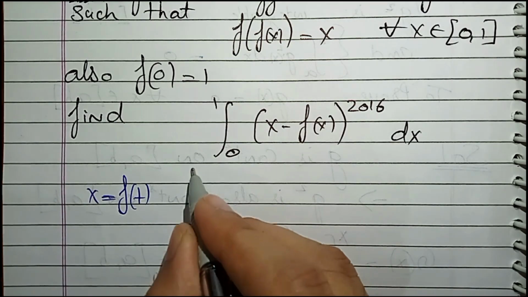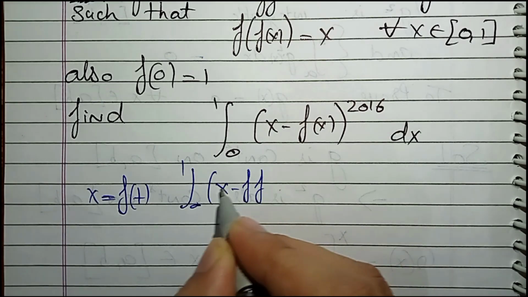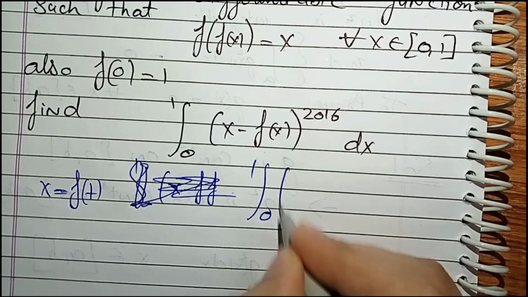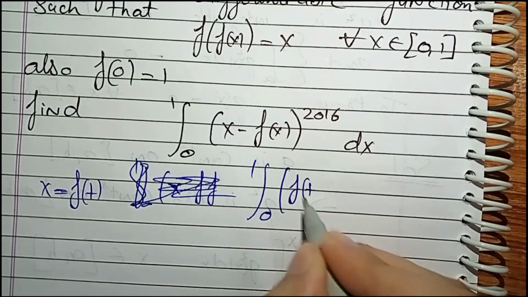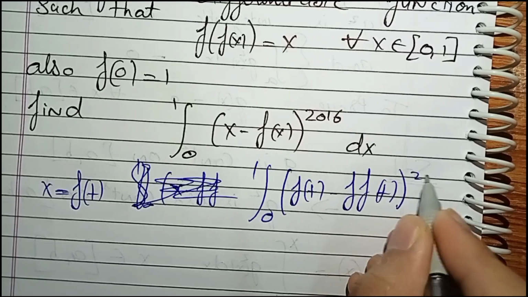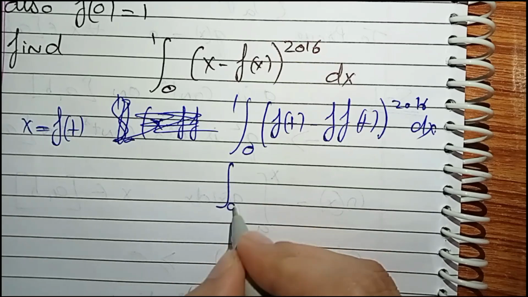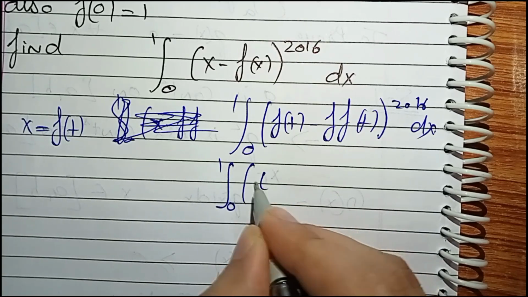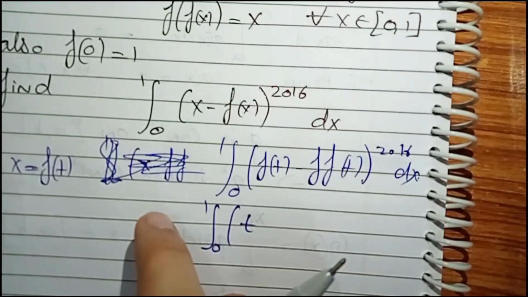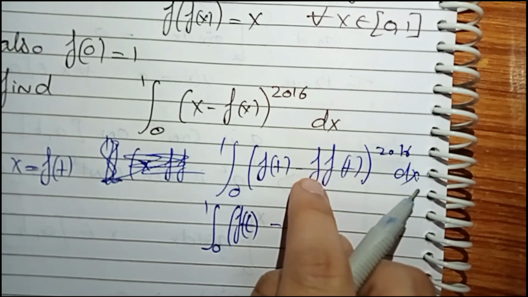Because if I do that, you see my integral, substitute x equals f of t, f of t 2016 dx. This will then come out to be, well, not here, this will be f of t, this will be t, sorry,